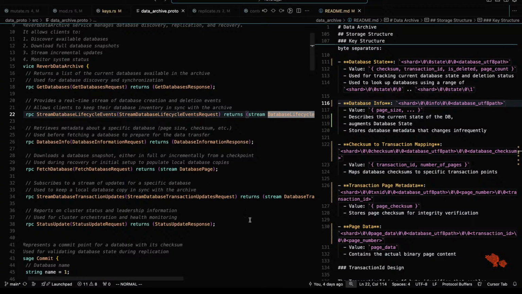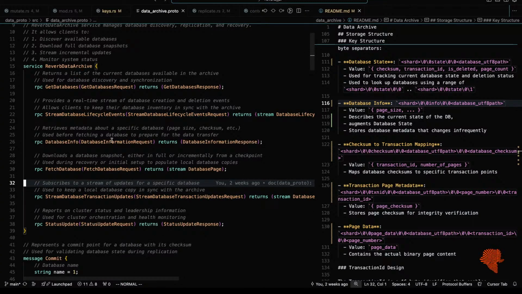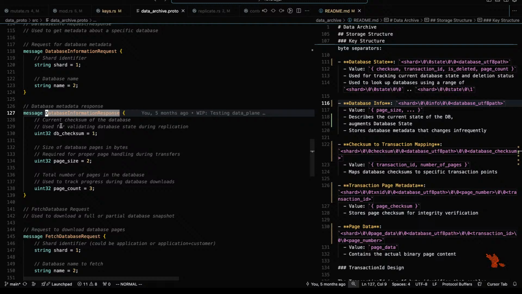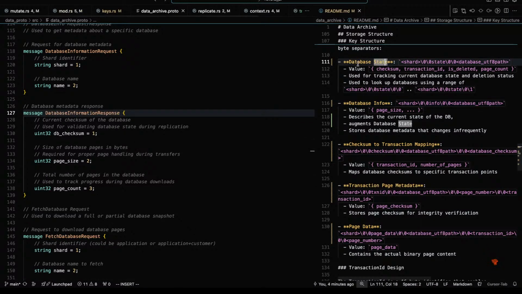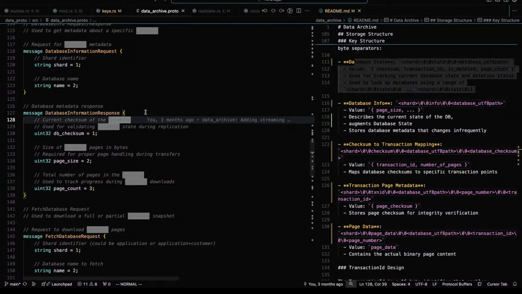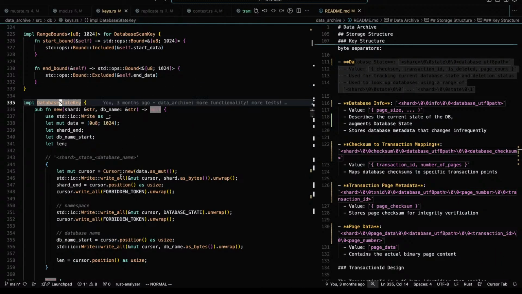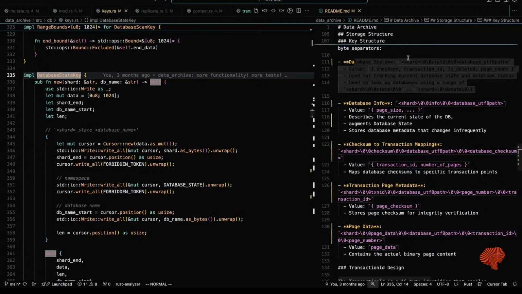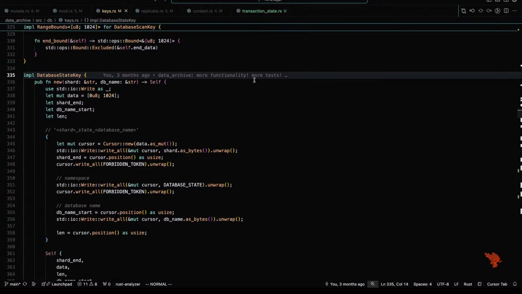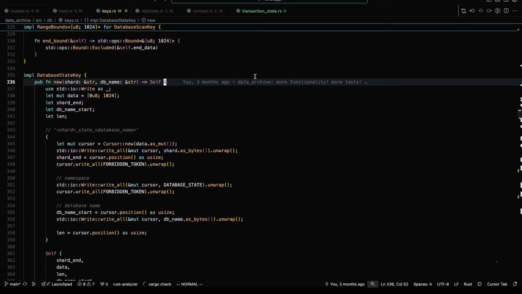does this file need to change? Database info, database information response. Checksum. No, see, this is actually this info here. I think we're good there. Okay. However, let's close that for a bit and work on what we just broke.